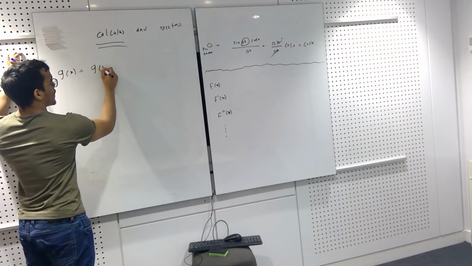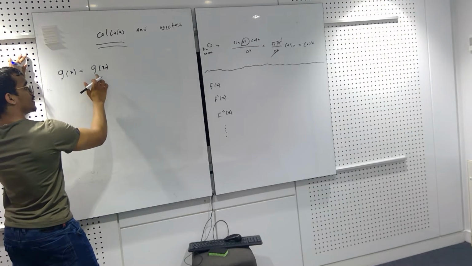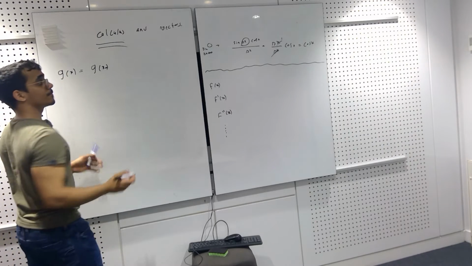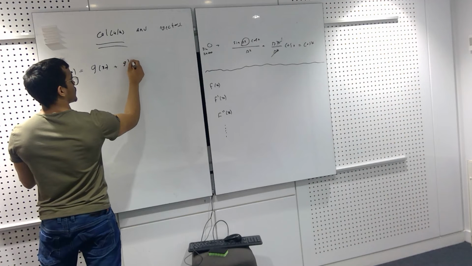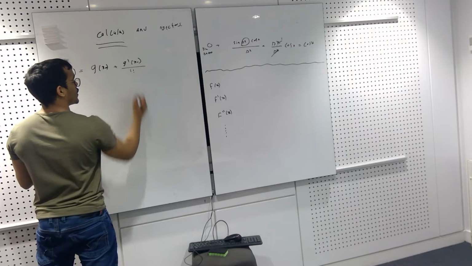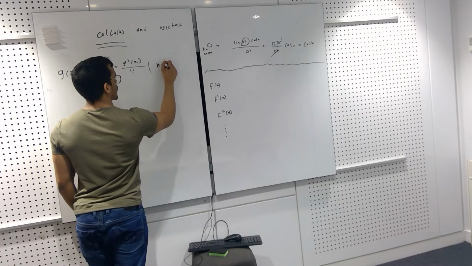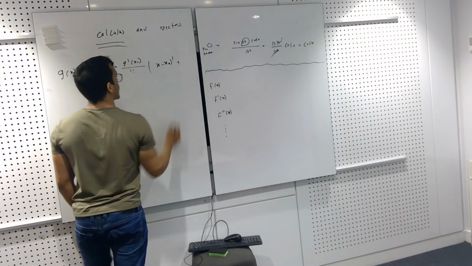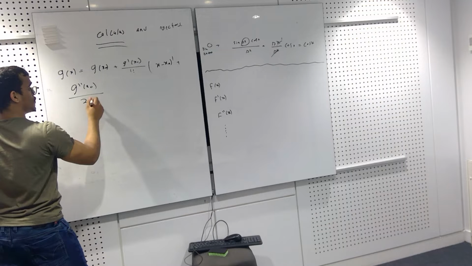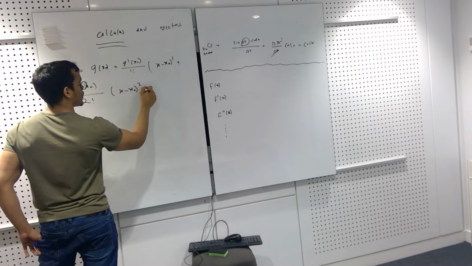So say you want to find it about x naught. It will be g of x, g at x naught, and g of x for any value. Then take the first derivative of g at x naught, divided by 1 factorial, which is 1, times x minus x naught to the power of 1, plus take the derivative again at that point, divided by 2 factorial, then x minus x naught to the second, plus